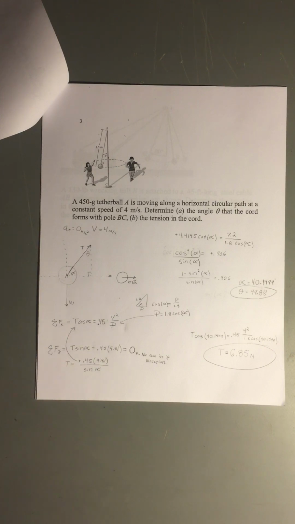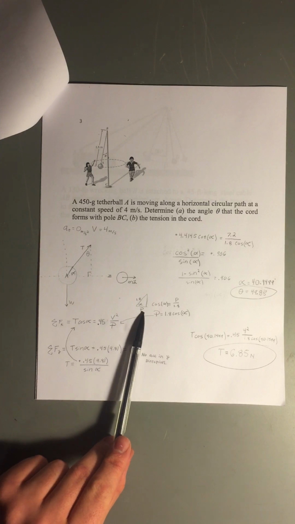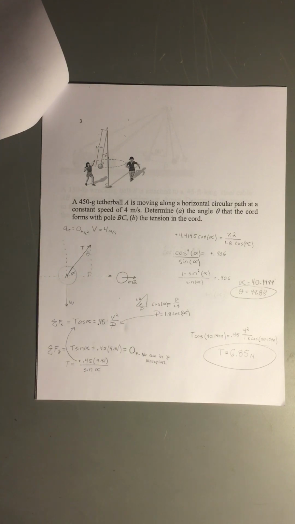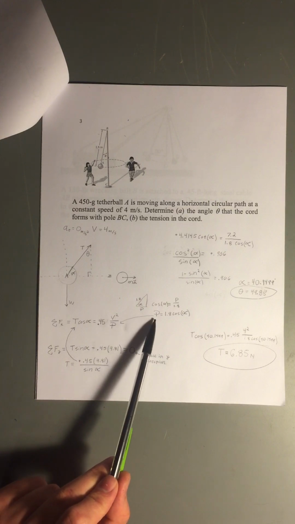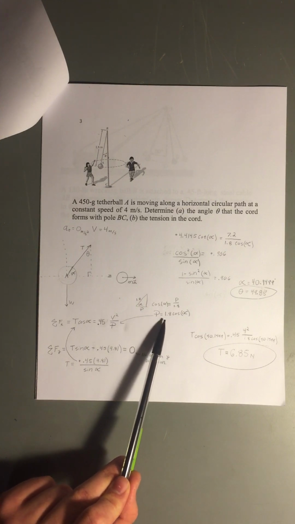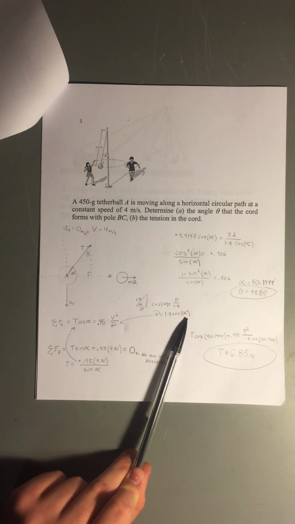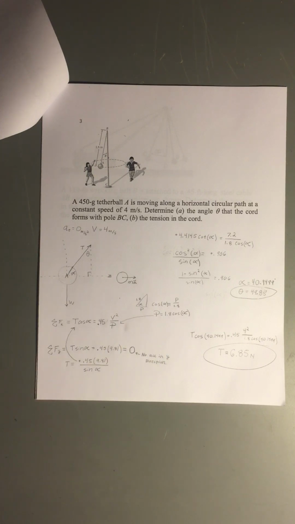And v squared was given to us in the problem. That was the 4 meters per second. And then for rho, we don't know that, but we are told that the length of this cord or this rope is 1.8 meters. And so I drew this triangle here, and using some trigonometry, we can create a relationship there. So we know that after solving that rho equals 1.8 cosine alpha, and we can replace that unknown variable in this equation. But looking at this equation, we still have two unknowns,